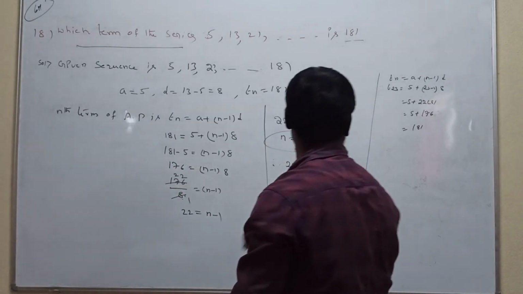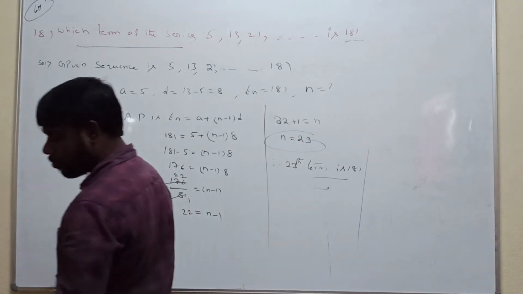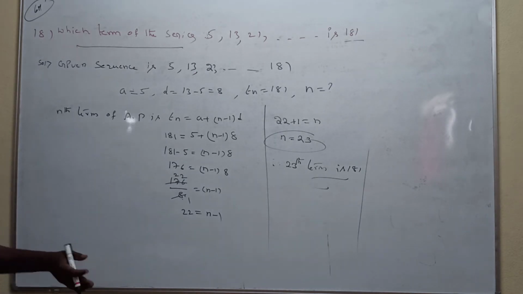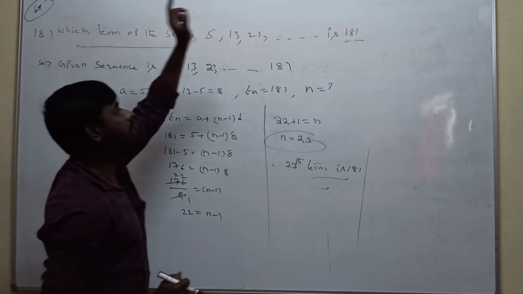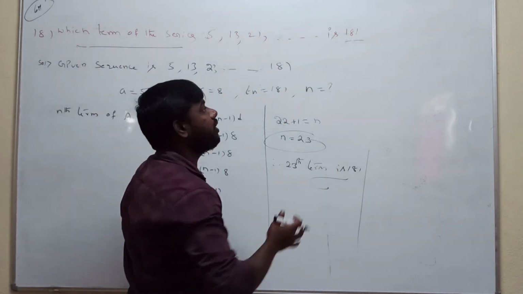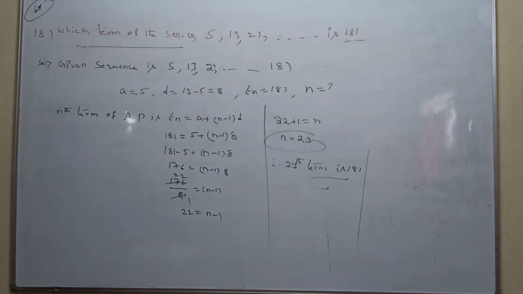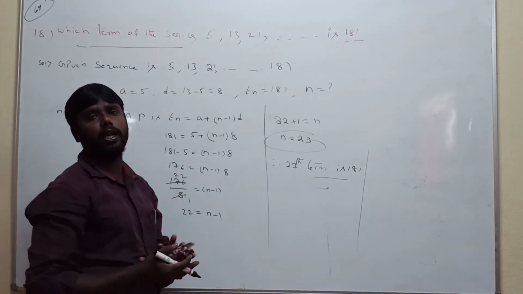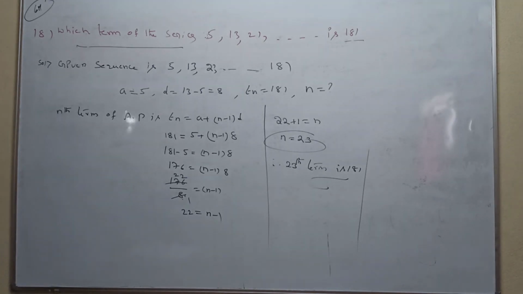So very important, very easy. Only one formula is applied here. All the questions only apply this one formula. What is given? Actually you have to find it easily. You have to identify, okay? Here, which term of the series is 181? Which term of the series is 181 means you don't know the term. That's why we calculate the n value. The first term is given, and the nth term is given. To calculate the n value, that's why we are applying the nth term formula of the arithmetic progression: Tn is equal to a plus n minus 1 into d.